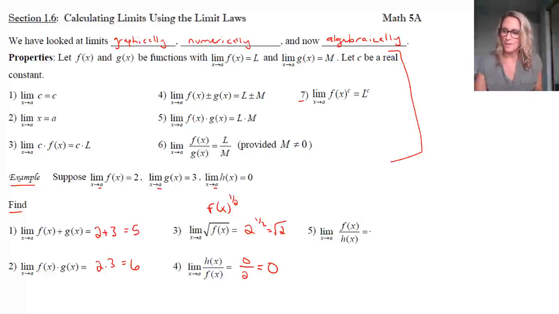However, for the next one, you may not be surprised that if we were to flip these 2 functions and then have 2 divided by 0, that is not something that we can have. And so in this case, we would not be able to use the properties to come up with an answer. So it's not necessarily saying that it doesn't exist. We don't know what it is, but the point is we can't use the limit laws to come up with it because we can't divide by 0, and we have to have that in order to use that limit law in that way.